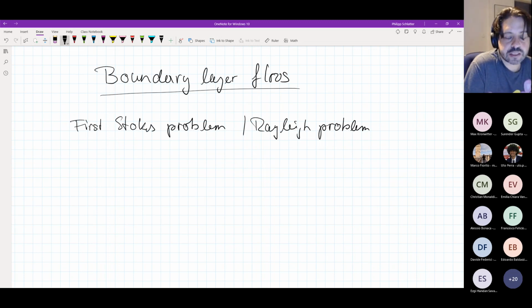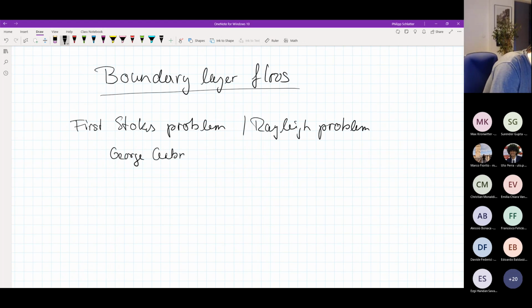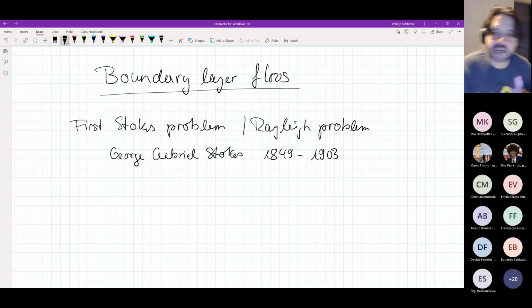I guess for us, maybe the first and second Stokes problem has become the most known terminology. Of course, the Stokes problem, that's named after George Gabriel Stokes. That's the one from the Navier-Stokes equations, and as we have discussed before, he lived from 1819 to 1903, so sometime in the 19th century. And